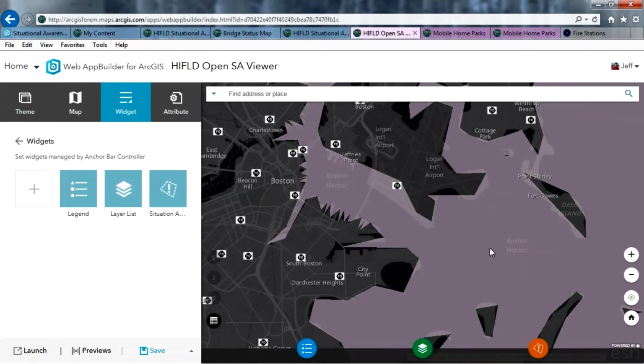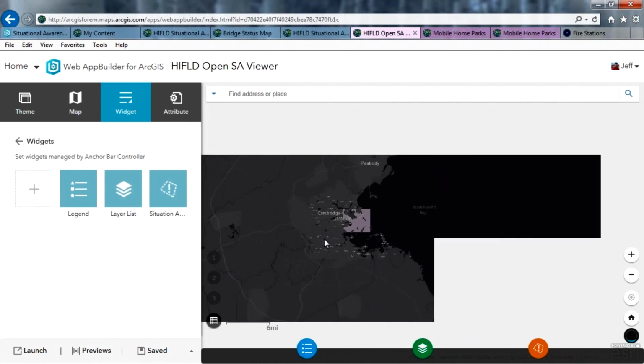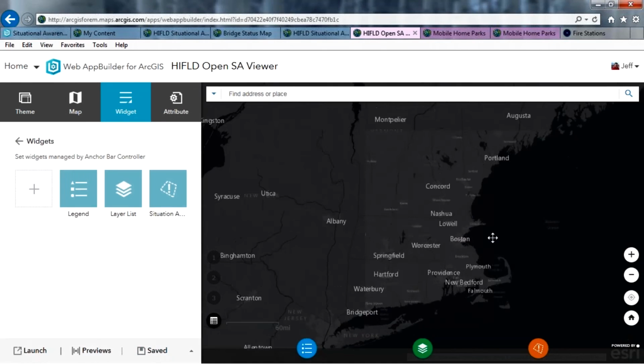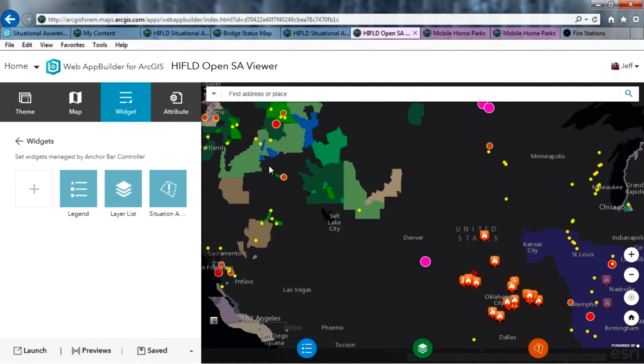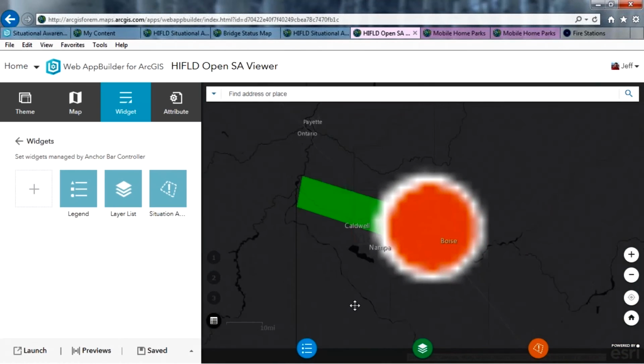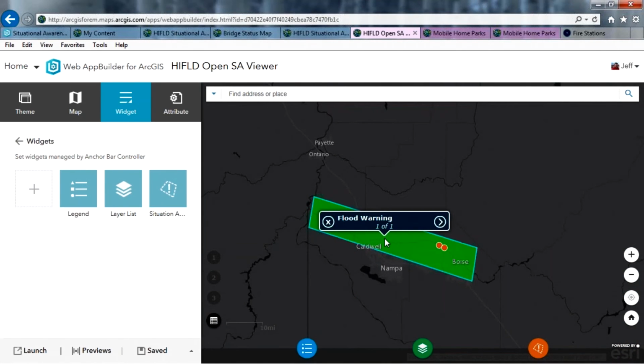I'm going to hit OK. And so there we go. I'm going to go ahead and save this. So let's go back out to the Senate where we were looking at earlier in Boise. So now when I go back to my area of concern here,